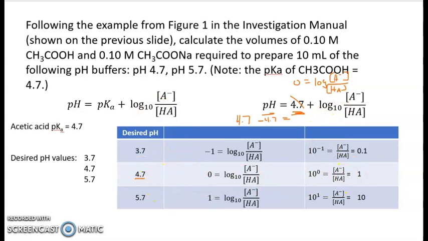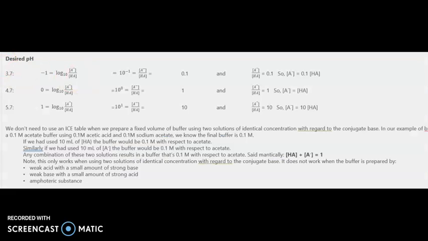Let me show you these worked out with a little more organization. So in the case of 3.7, the log ratio is minus 1. In the case of 4.7, the log ratio is 0. In the case of 5.7, the log ratio is 1. So this is our pH value plus or minus 1 pH unit to give us our working range. And then when we solve these expressions,